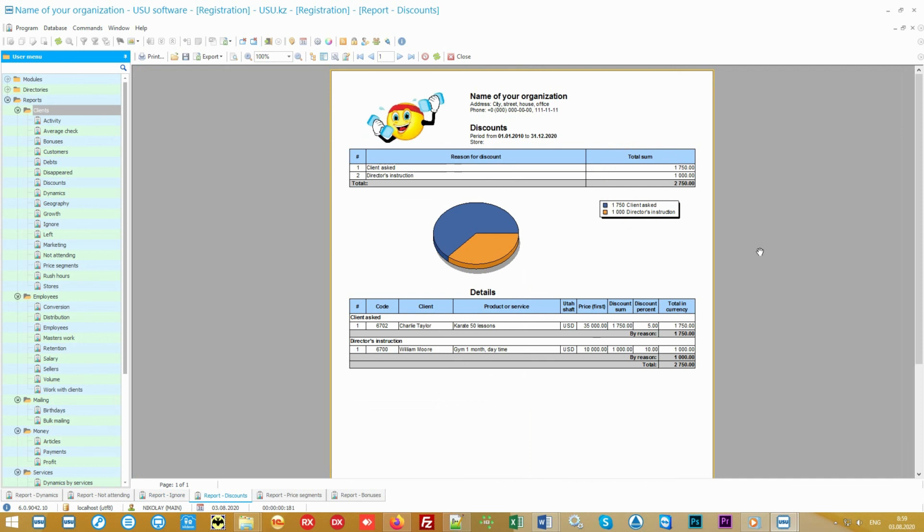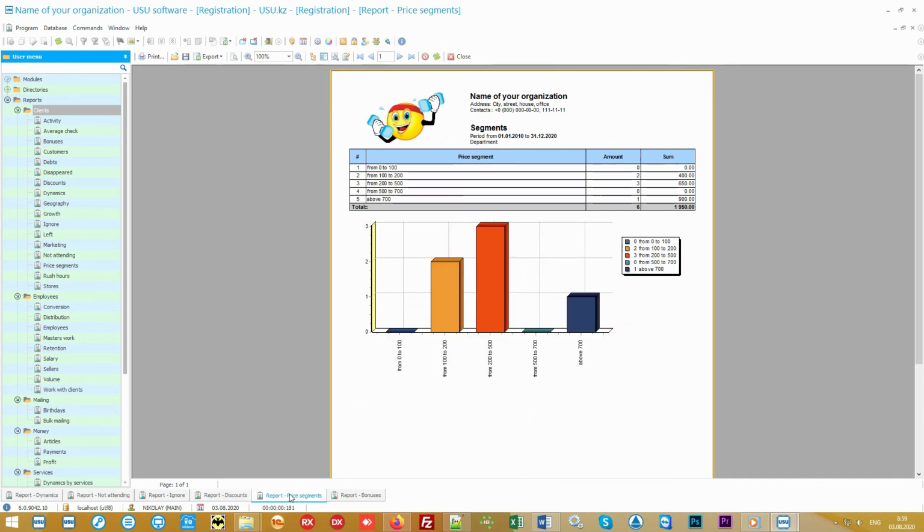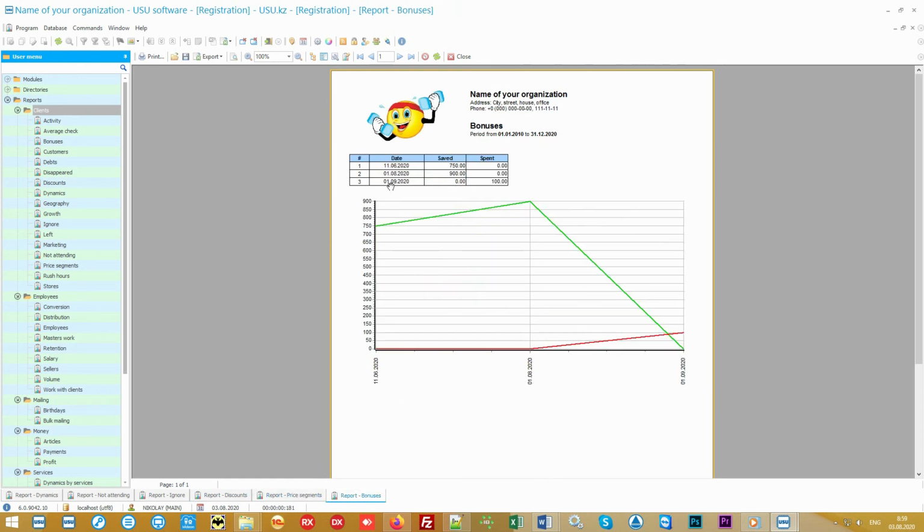The next feature is especially important if you have offers for both middle class and expensive premium services. In what price segment are the services most often bought? You can see it in the report segments. This analytics will help you identify those prices that are simply unbearable for your customers. The bonus system can serve as a good help for the loyalty of your customers. If customers receive bonuses that they can then spend, this will in fact secretly encourage them to spend even more